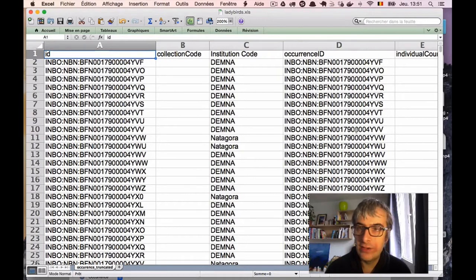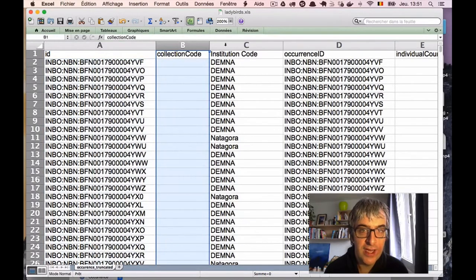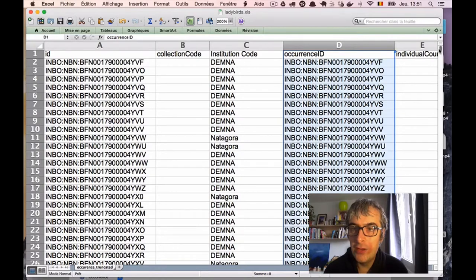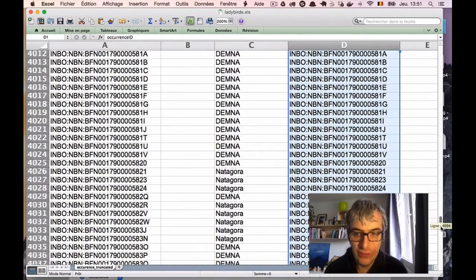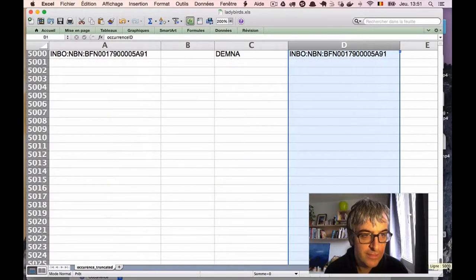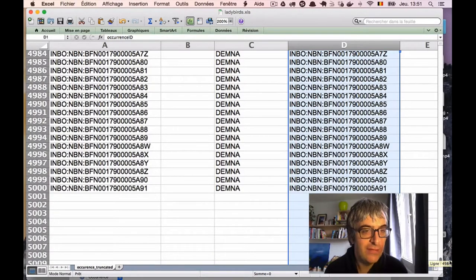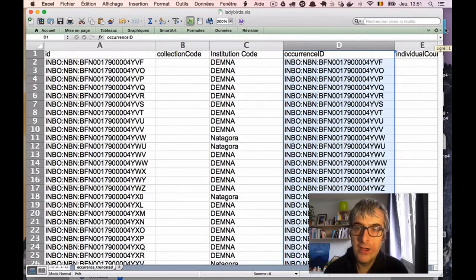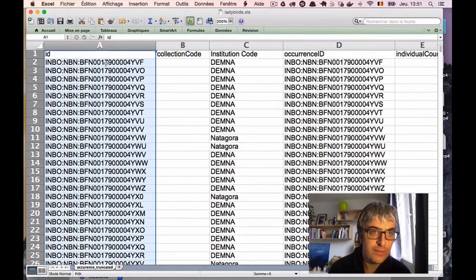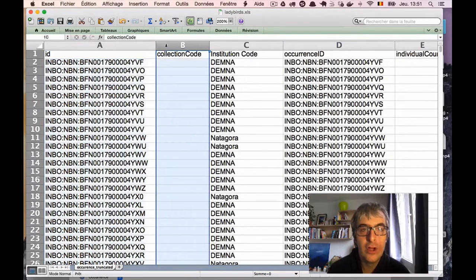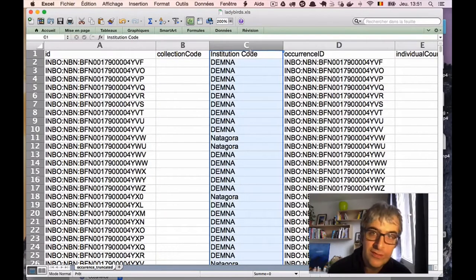If I look at this Excel sheet, I can see we have several columns with a title each time, and we also have a large number of rows. Let's check. Yep, in this case we have 5,000 rows. Let's check the kind of data we have in each column, so we are a bit more familiar with our data. I have an identifier, like a unique number, collection code, the code of some institution,